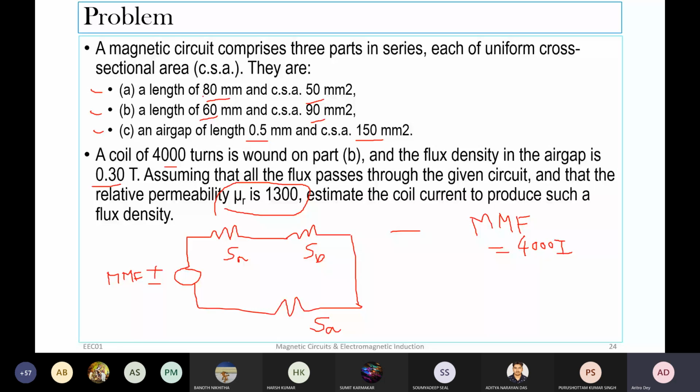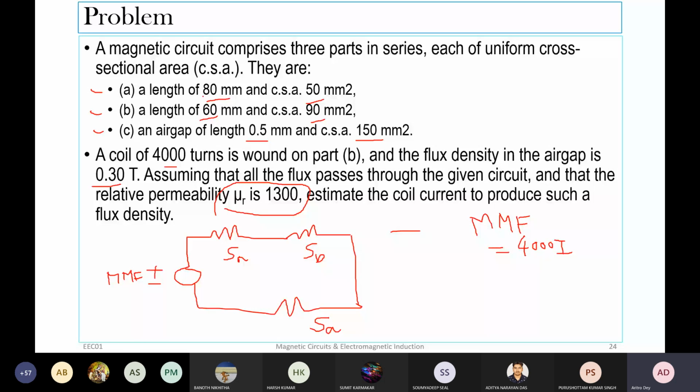Okay. In part A, part B, part C, like in the series circuit, whatever be your resistance value, the effective current will be the same through all resistors. In the same way here also, the same flux will flow through the circuit. The only thing is, whenever an air gap comes in the magnetic circuit, it will be a very high reluctance. If the air gap were not present here, then we would have required an even lower current to generate the same flux density in the magnetic circuit. But as the air gap is present, that will introduce a high reluctance because the permeability falls, right?